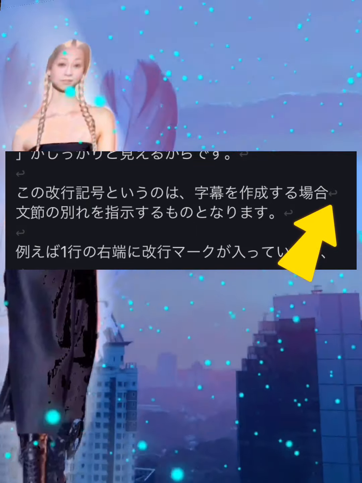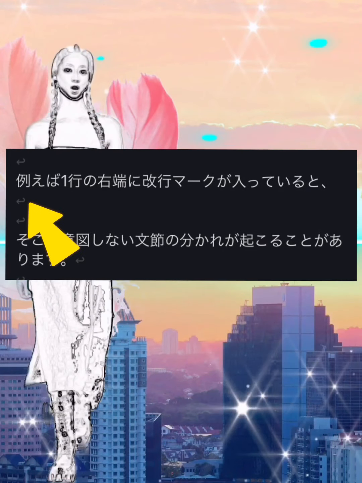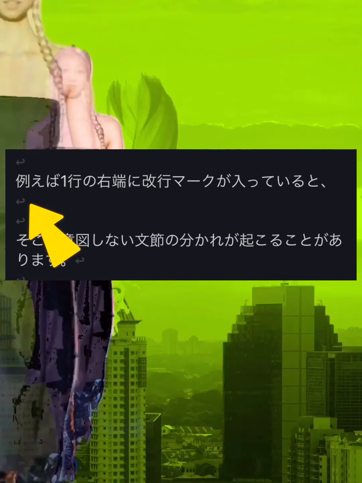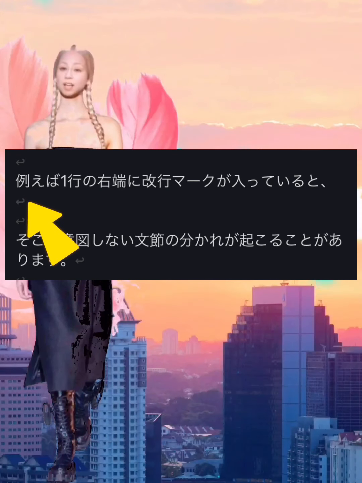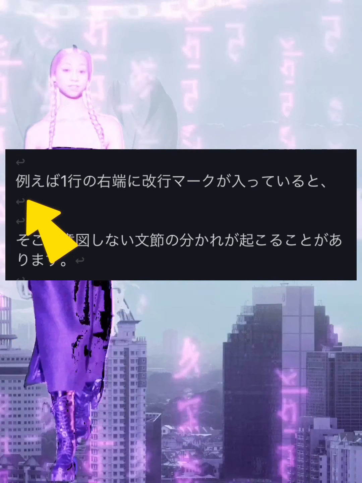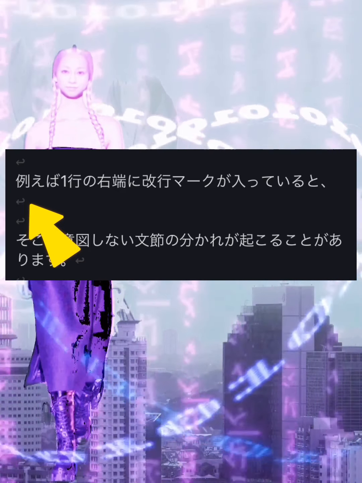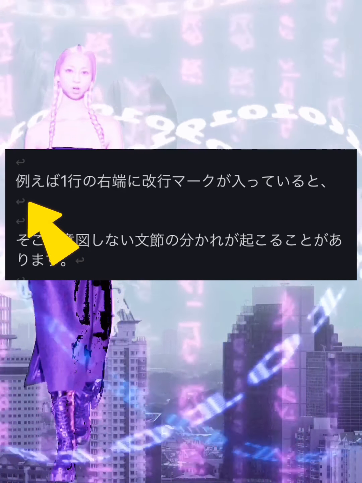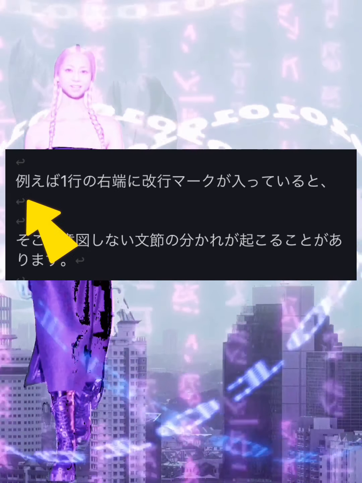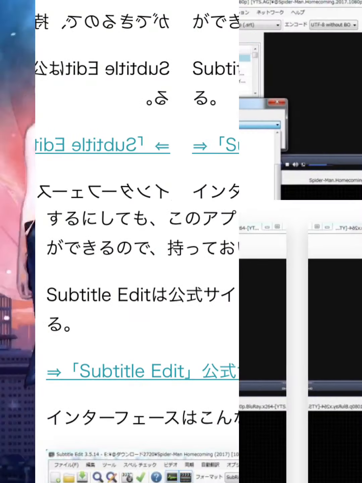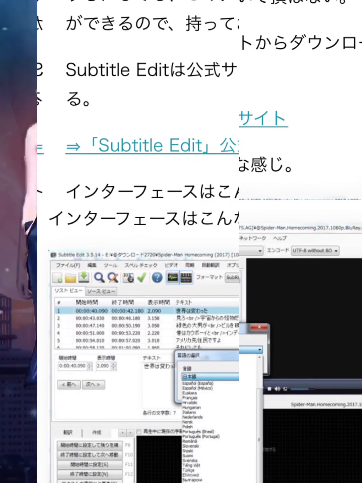Also, it is safer to put 2 line break marks as instructions to separate the clauses. That is, the separation between clauses is to put 1 or more blank lines. Normally, if there is a line feed mark, the clause will be separated there. Some apps cannot be separated unless 2 line feed marks are inserted. Subtitle Edit, used on a PC, is such an application.